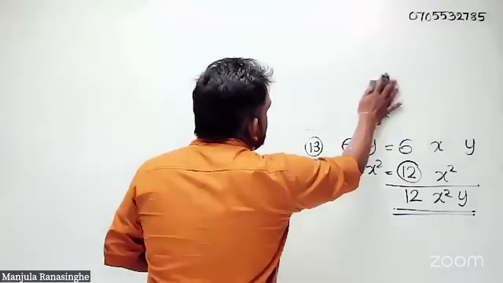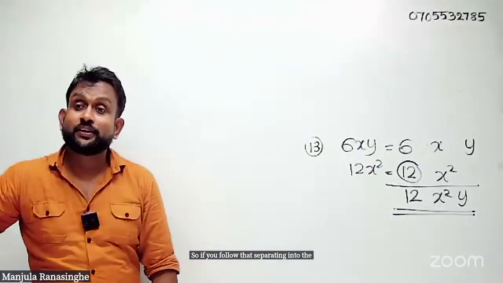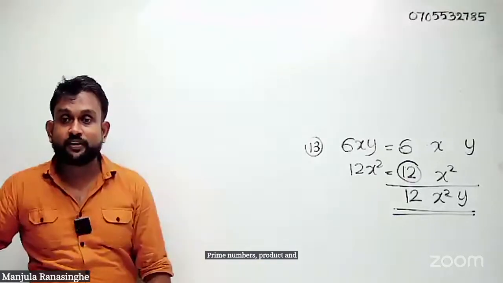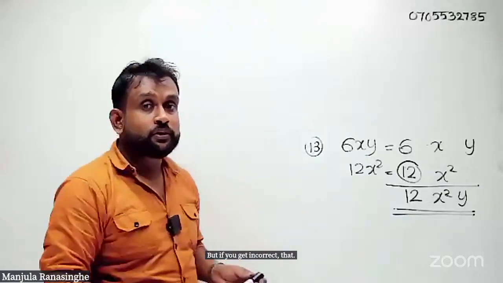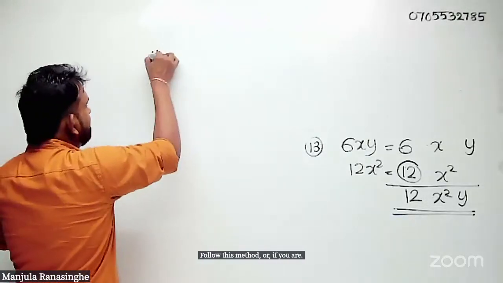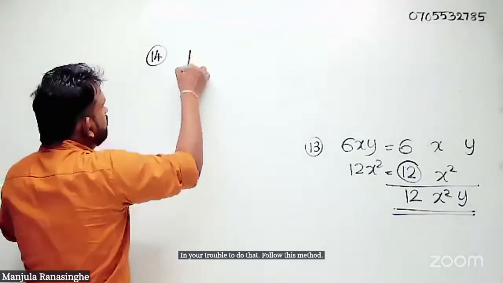So if you follow that, separating into the prime numbers product and finding, no problem, right? But if you get an incorrect answer, follow this method. If you are in trouble to do that, follow this method. Now this is the